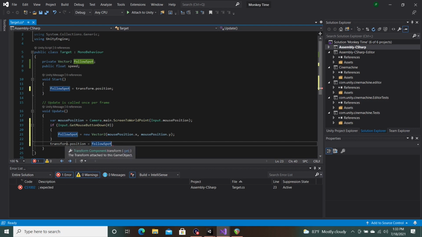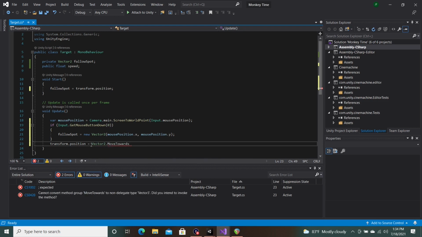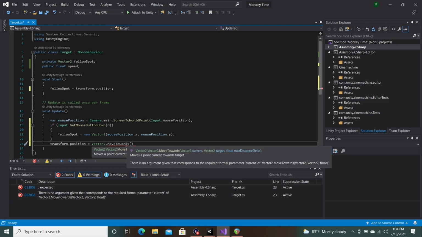Now, if we just do this, our player will instantaneously transmit to the follow spot. So we don't want to do just this. We want to have our player move towards the follow spot at a speed that we choose. So the way we're going to do this is we're going to use a method called Vector2.MoveTowards, and it wants two different